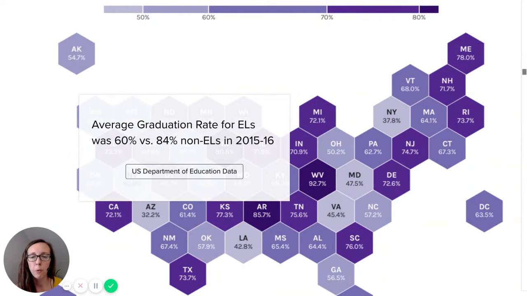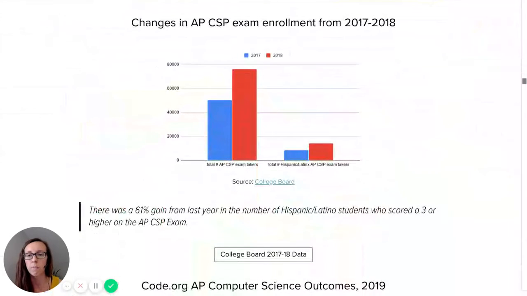Just to further contextualize the importance of supporting our English learners in computer science and other subjects, the average graduation rate for English learners was 60% in 2015-2016 as compared to 84% for non-English learners. So really anything that we can do to support our English learner students to continue to feel successful in school, continue to make progress towards graduation, as well as be gaining the skills that they need to be